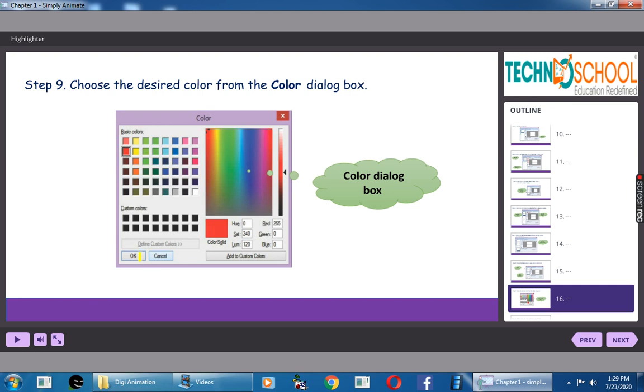Then if you apply OK, that circle will be filled with red color. You have to be careful, you have to select that circle first. You have 7 circles in a frame, so select one circle and apply this fill color tool.